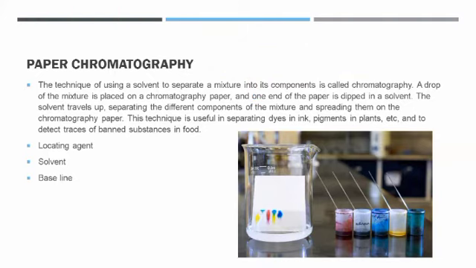Then in paper chromatography, for example, I want to separate an amino acid into its components. Amino acids are not visible. Over here, you can see that they're using colored dyes, which are clearly visible on your paper chromatogram. If I want to separate my amino acid, it's a clear substance, so what am I going to do? I'm going to use a locating agent. There are several examples of locating agents. You can add that to the sample, and then your amino acid and its components are going to be visible to you.